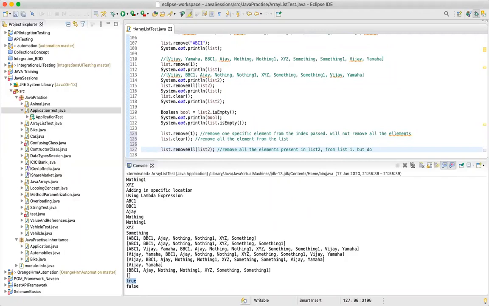But it does not remove any element of the original list. The original elements already present in the list will not be removed. This will not make your list empty.